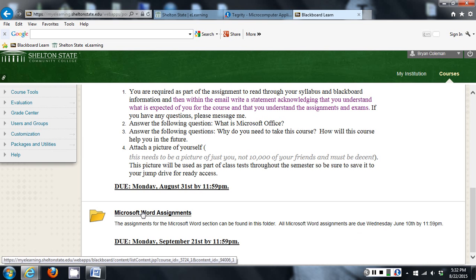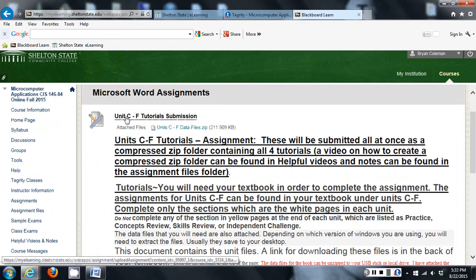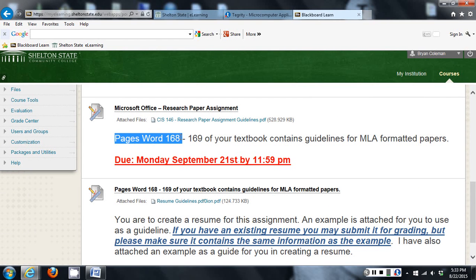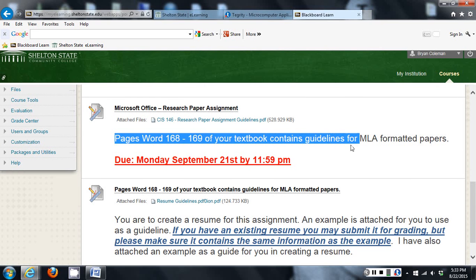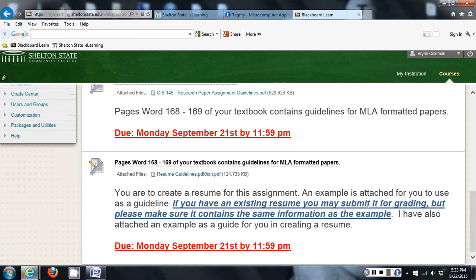For Microsoft Word, click on the folder icon, and you will see that you've got 3 assignments. You've got the Unit C through F tutorial submission with all of the particulars written out directly below. You've got the Microsoft Office research paper assignment with directions attached, the due date in bold red. It gives you a pointer that pages 168 to 169 in the Word unit of your textbook contain guidelines for MLA formatted papers. You'll want to know that when you get to this assignment. And then